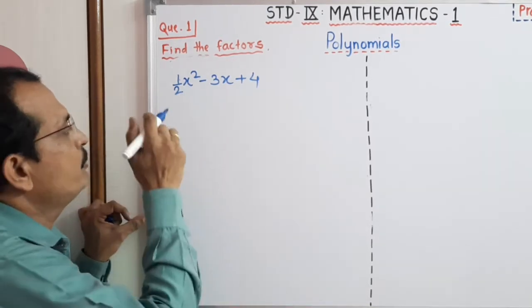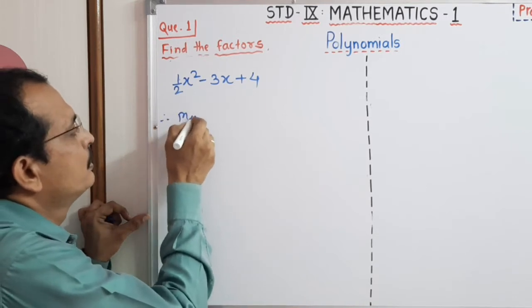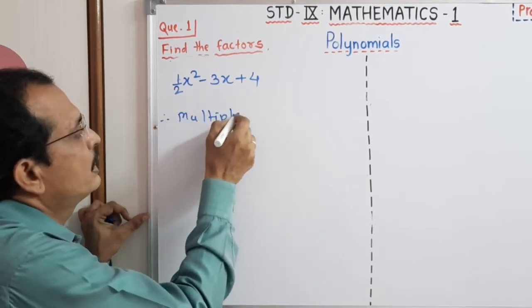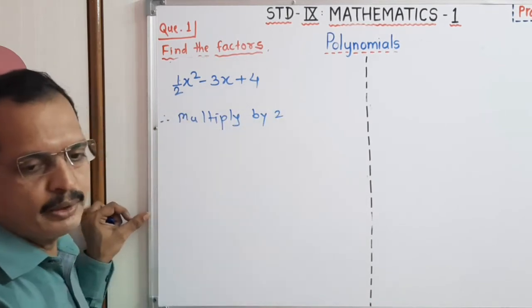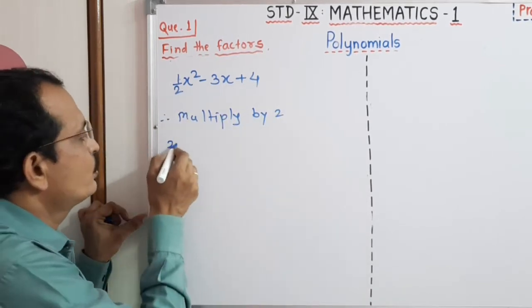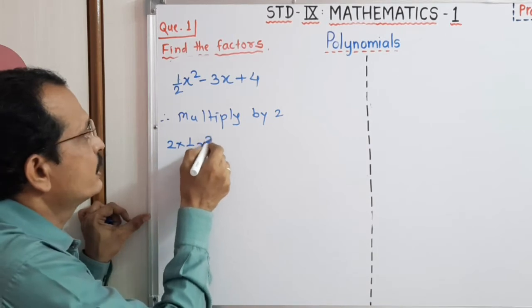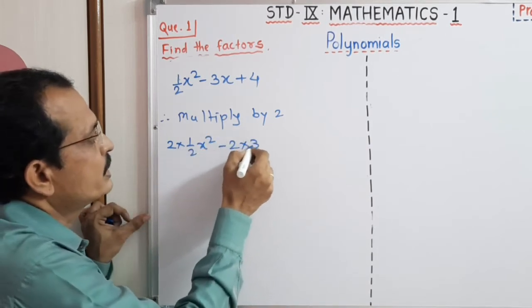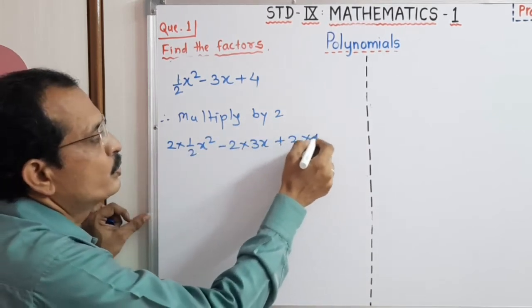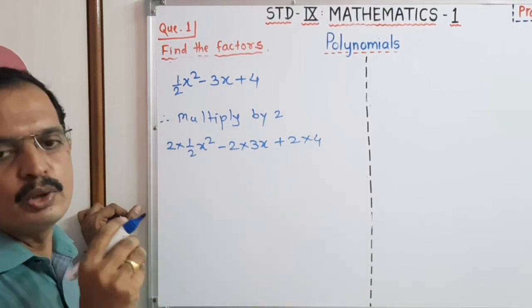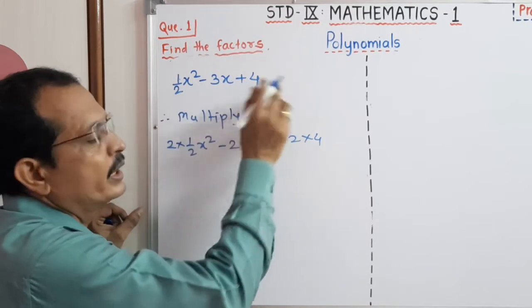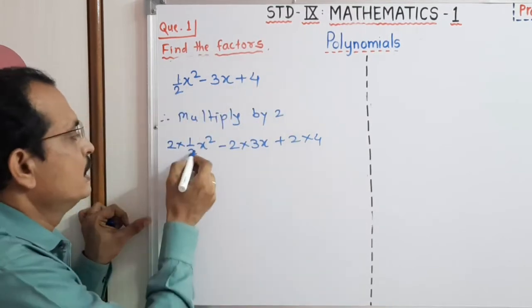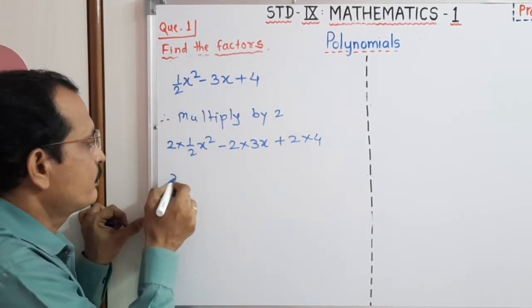Therefore, we have to eliminate. Therefore, multiply by 2. Now here, 2 into 1 upon 2 x square minus 2 into 3x plus 2 into 4. If we multiply every term, then the original value will not get changed, it will remain as it is. Now these 2 get cancelled, therefore it is x square